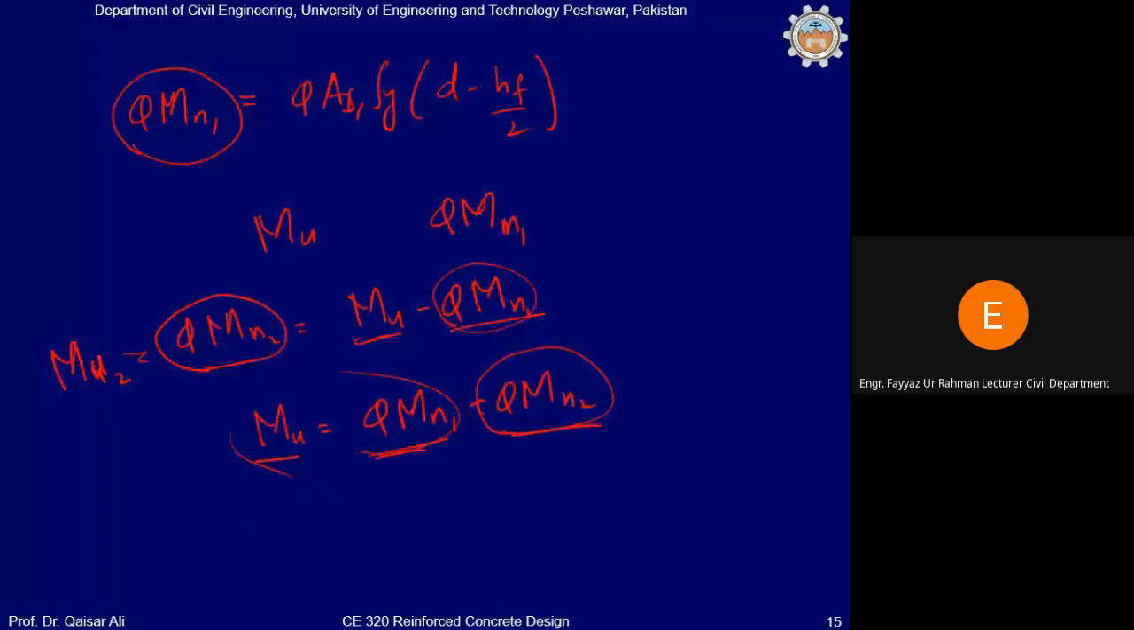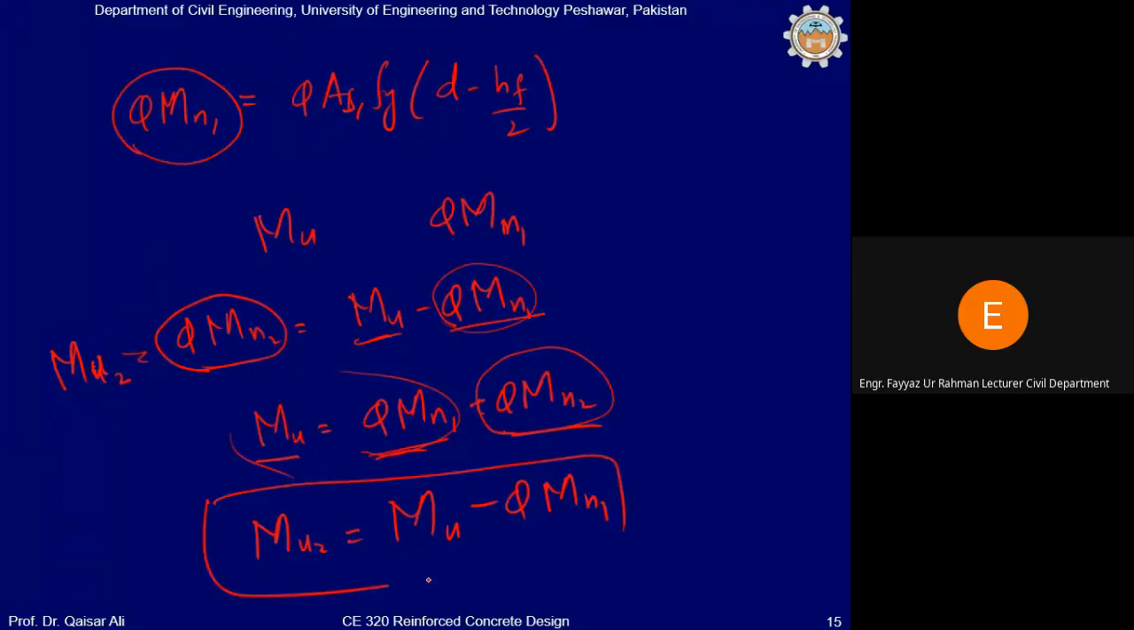mu2 चले इसको कहते हैं, सही? So mu2 will be equal to mu minus phi mn1. अच्छा, अब इस mu2 के लिए आपने एरिया कैलकुलेट करनी है करस्पॉन्डिंग टू एरिया 2। अब इसके बाद वंस यू कैलकुलेट mu2